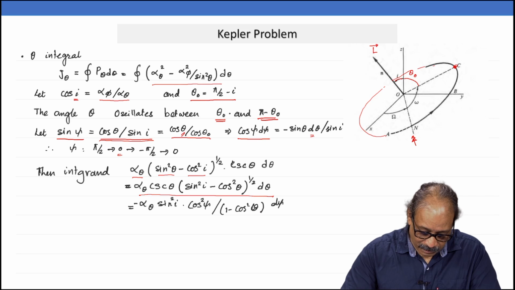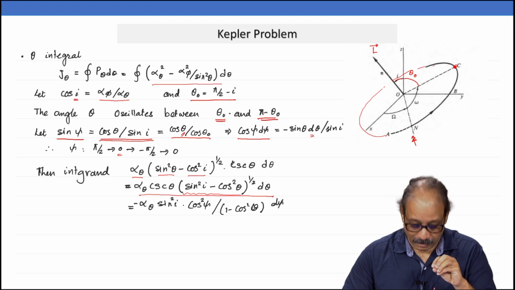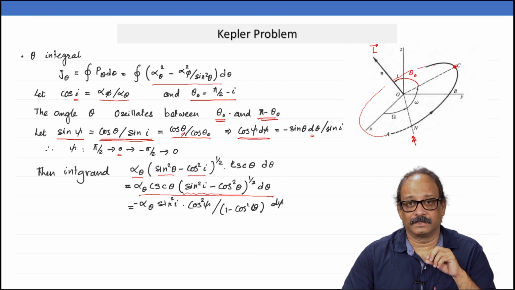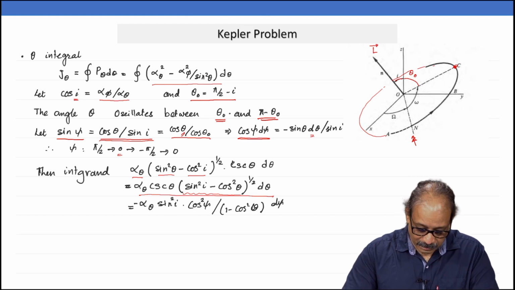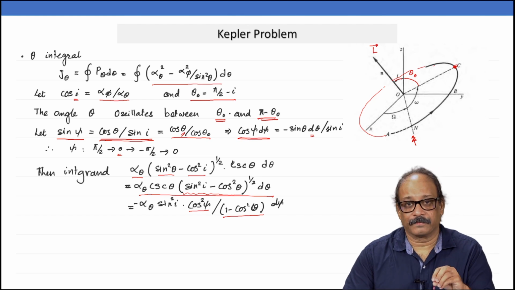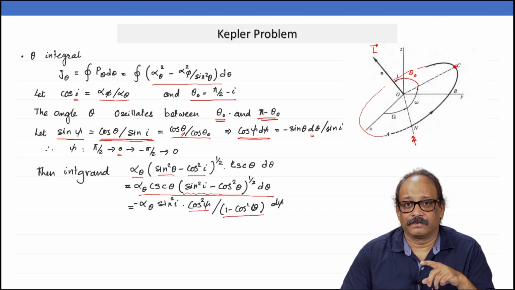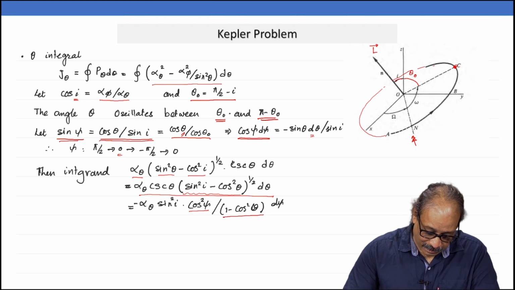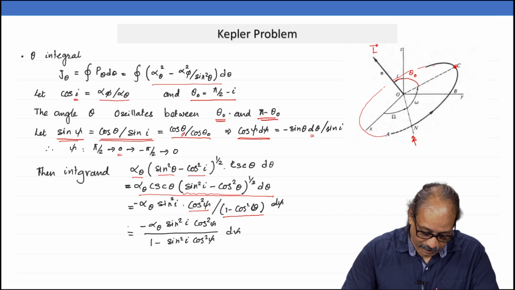If you substitute, this term comes to cos psi, then you get another cos psi from the transformation of the differentials, that gives you cos square psi, and then you have divided by sin square theta, and sin square theta I am going to write as 1 minus cos square theta, and cos theta again back in terms of sin psi. So, finally, your integrand looks like this here,